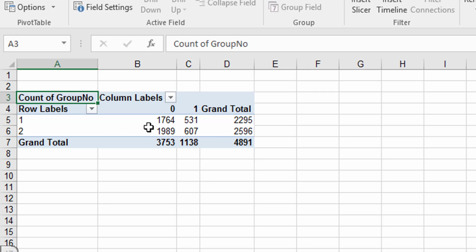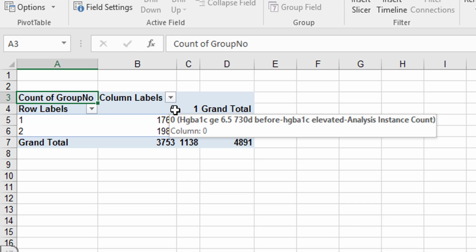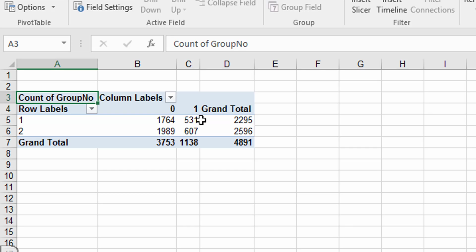It's 1764 macrolids with a value of 0, that is, did not have elevated hemoglobin A1C, and 531 that had a value